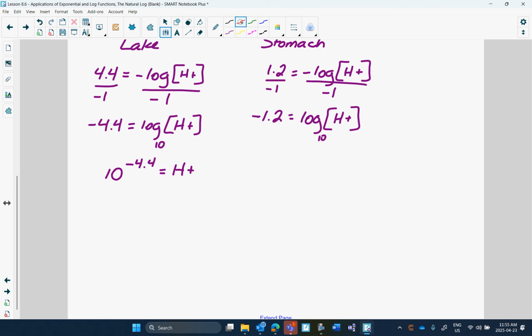Right? Because we do the old raise, that would be my little symbol for raise, equals that. 10 to the -1.2 equals the hydrogen ion concentration for the stomach. Now remember, I want to find out how many times bigger this is than this. I don't need to actually find these on my calculator. To find how many times bigger,